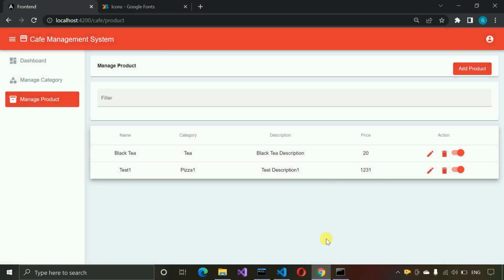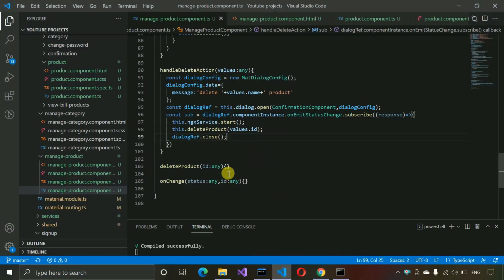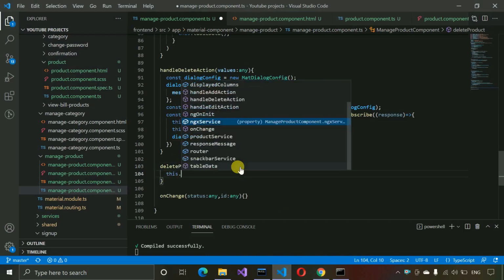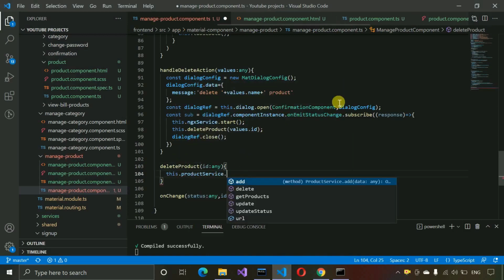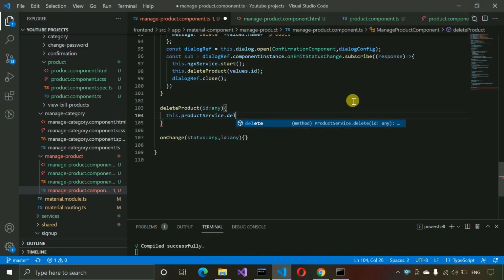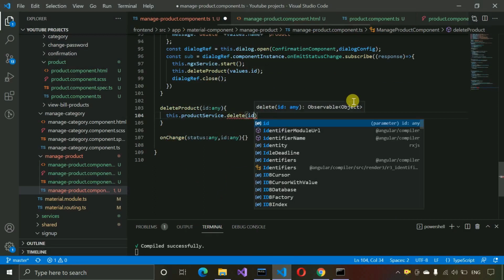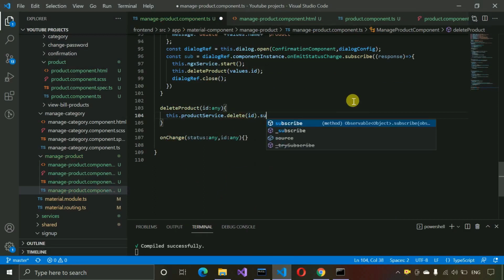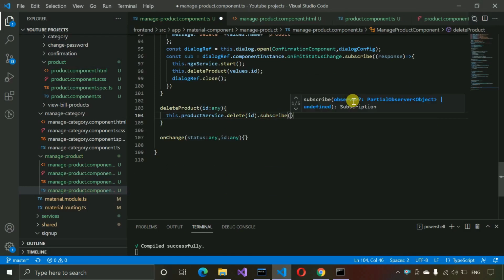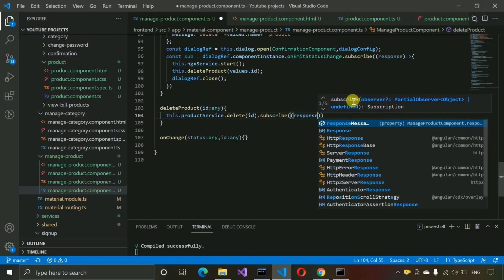So let me close, click on no. Let me move over here. So here we need to call the product service, and let me move a little bit up. Then we need to call delete and we need to pass the ID. Then we have to subscribe, and then we have to also write response any,